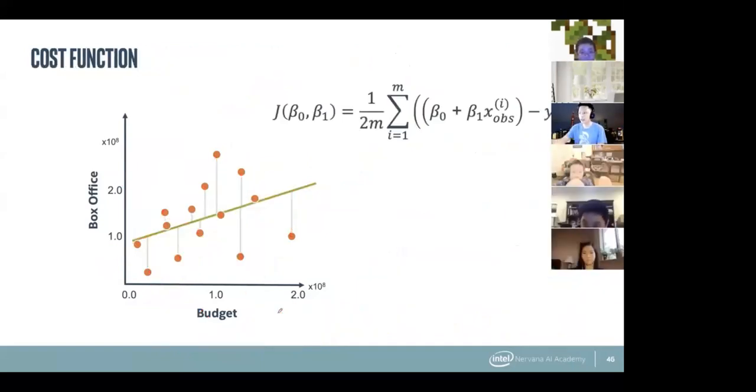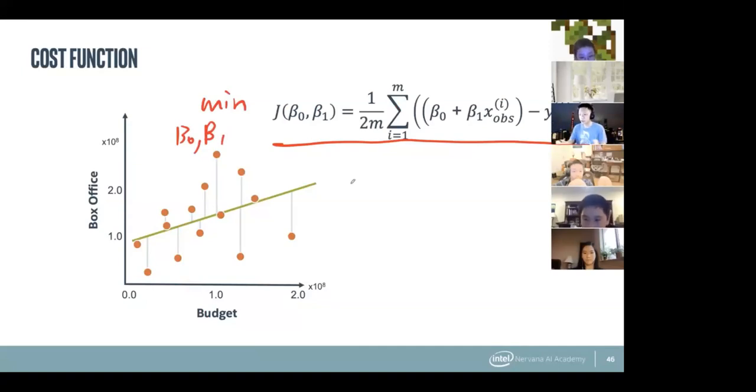All right. And so this is actually exactly what I just wrote out. We just derived all of this. This is the cost function. As you can see, it's beta 0 plus beta 1 times xi minus yi. You square all of it, you sum all of it, and then you try to minimize it over beta 0 and beta 1. So we just rediscovered what they were trying to teach us on the next slide. So good on us.